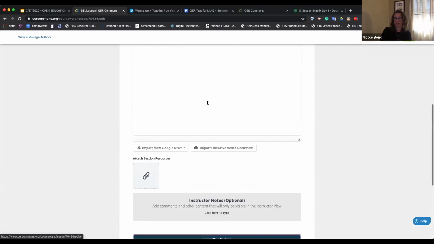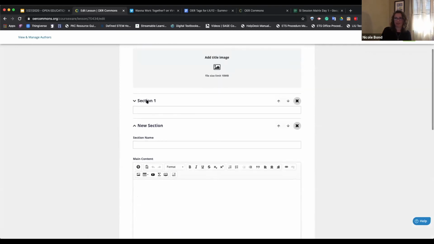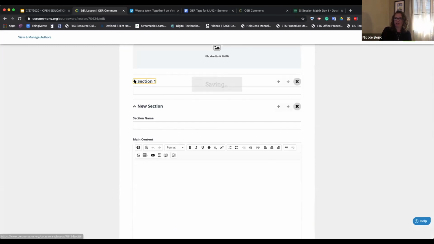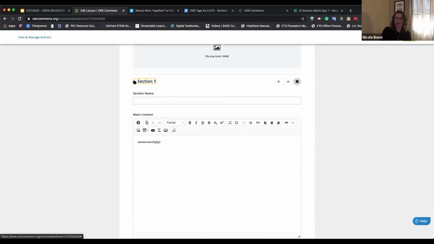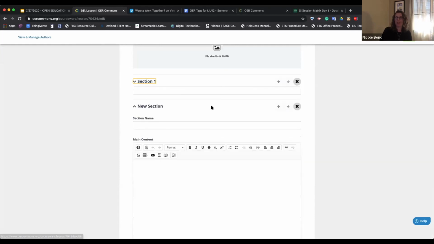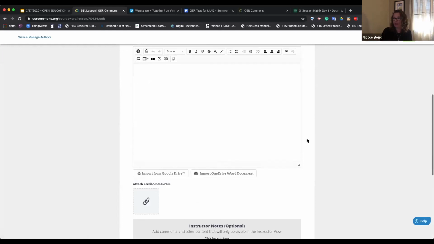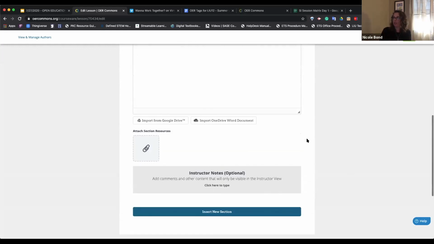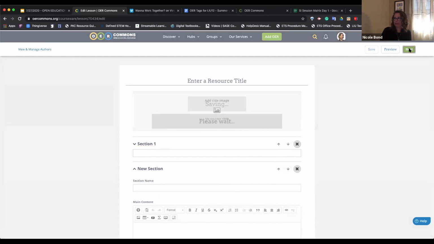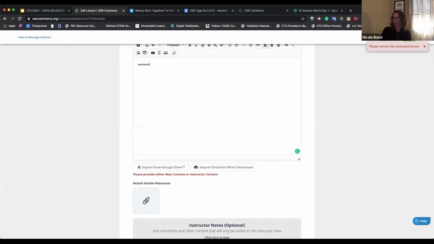So my whole new section arrives in there and says section 1. And I think if I can, yeah, it minimizes section 1. There we go. And there's my new section. So this is section 2. So I can just keep adding and building before I submit it, if it's a piece that I've used before. And there's a preview and a next button. So once I've completed that, I hit next. And I think then it starts to ask me about Creative Commons licensing. I'll just type in some randomness.